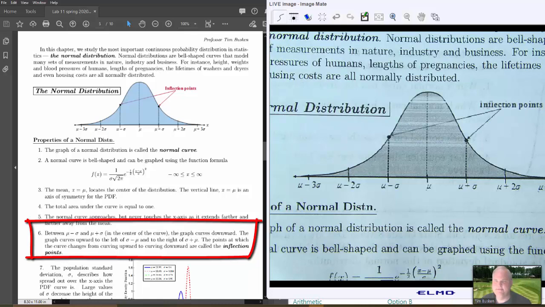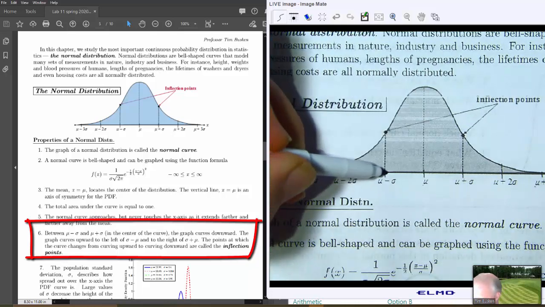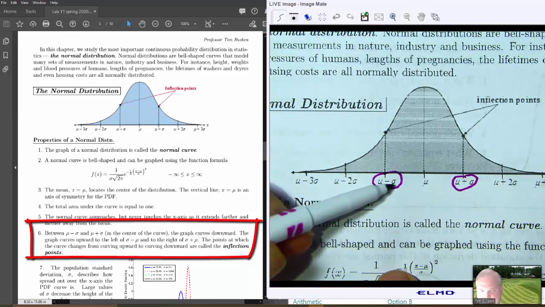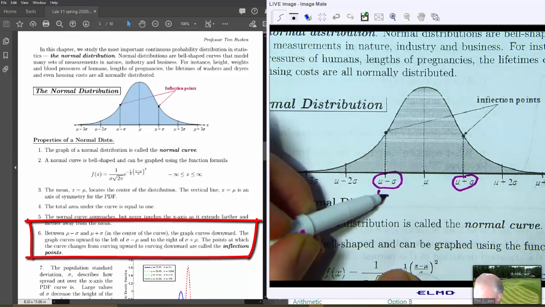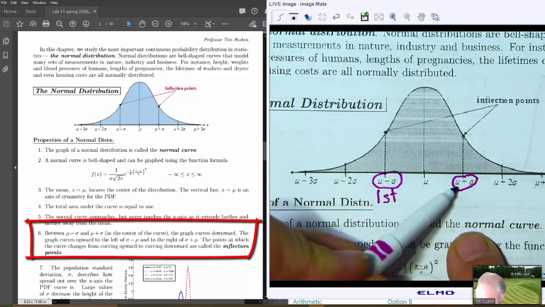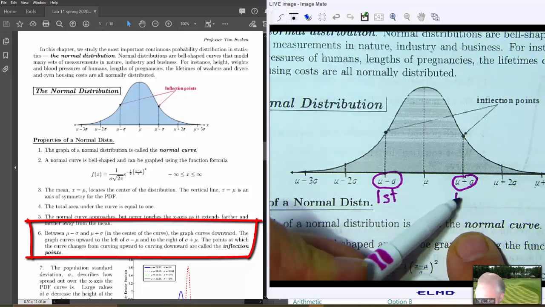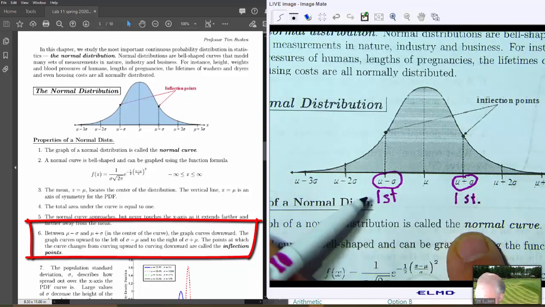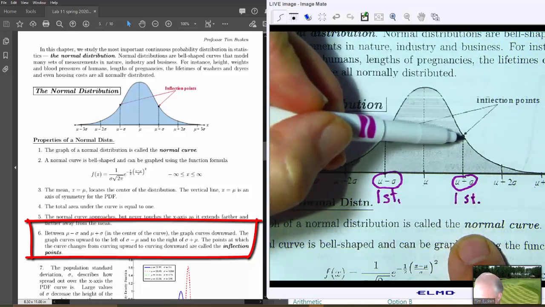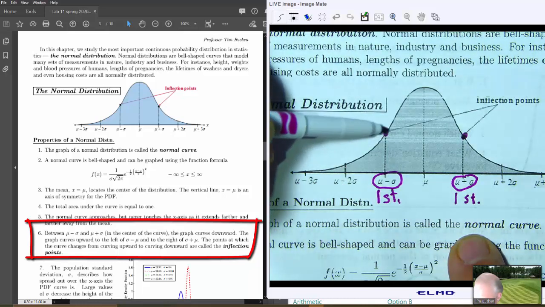Property 6 tells us that there are 2 points along the x-axis, 2 x-coordinates: mu minus sigma, which is 1 standard deviation below the mean, and mu plus sigma, which is also 1 standard deviation, but this point is above the mean. For each one of those x values, there's a point on the graph